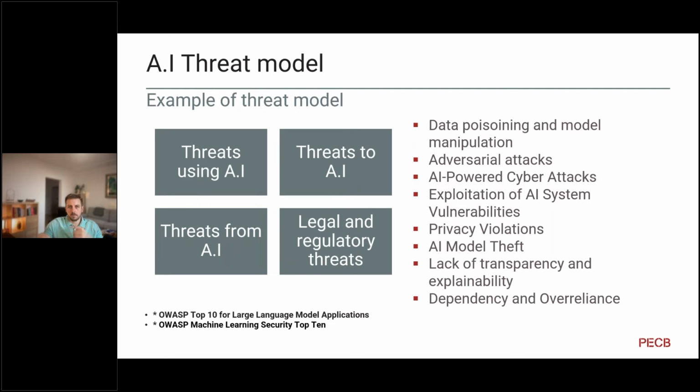So maybe let's continue with the threats that can be considered once you are in charge of making your risk assessment for AI developed internally or used by your colleagues. We can talk, of course, about privacy violation. As we already talked about, AI systems often require access to large amounts of data, and some of this data will, of course, be sensitive or personal data because it is used to train the model, to make decisions, and to give you answers. There are risks associated with how this data is collected, used, and stored.